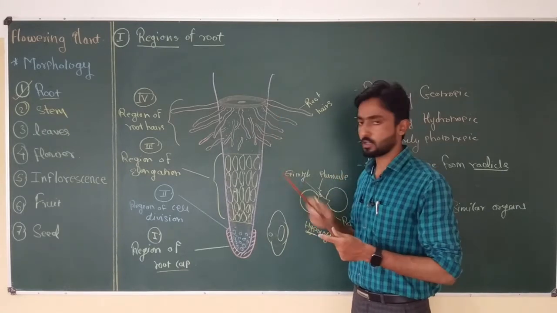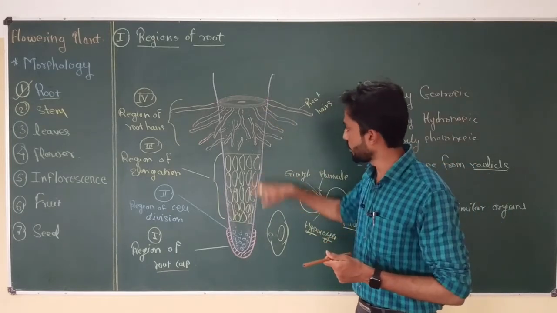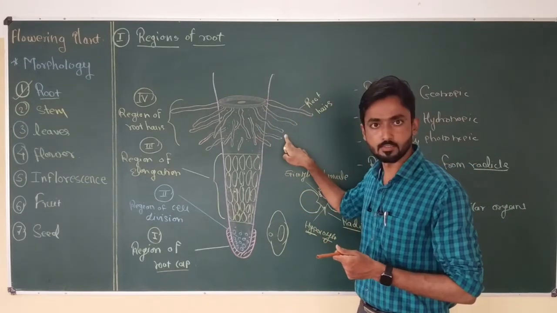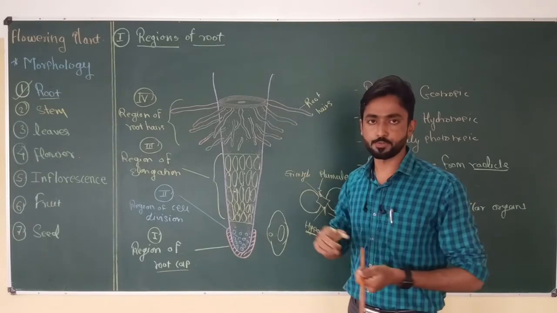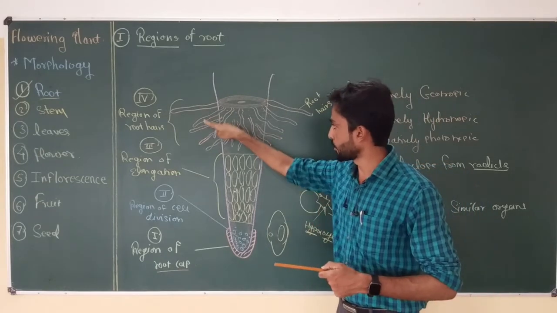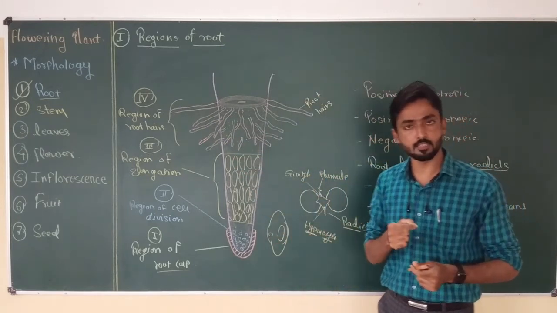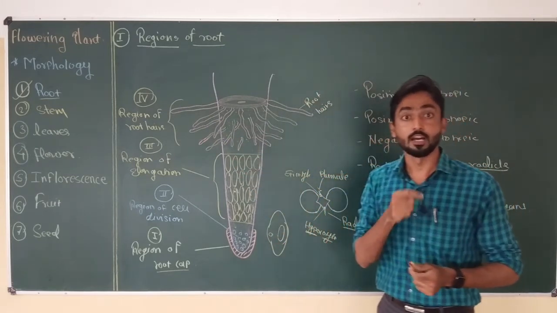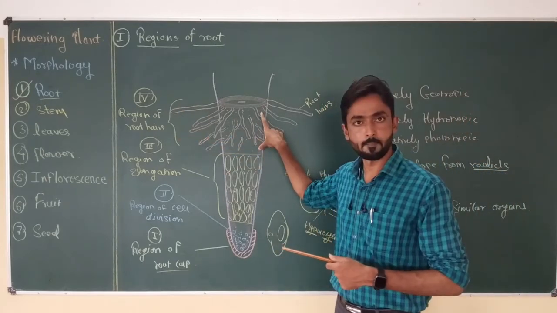They always remain in close contact with the soil particles, and generally a root has a huge number of root hairs, each of which is a single cell, due to which the surface area of absorption increases. The plant can absorb more water due to the large number of root hairs present in this region. In many exams they ask the question: which is the region of the angiospermic root responsible for absorption of water? The answer is the region of root hair.